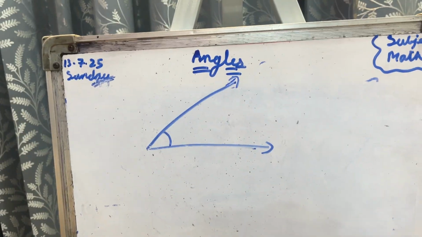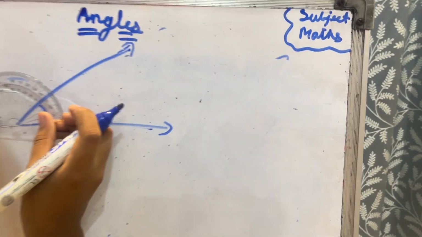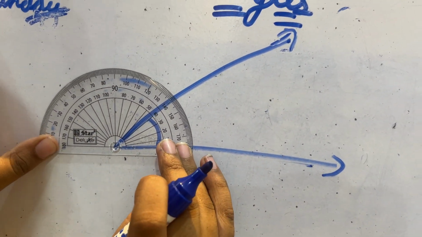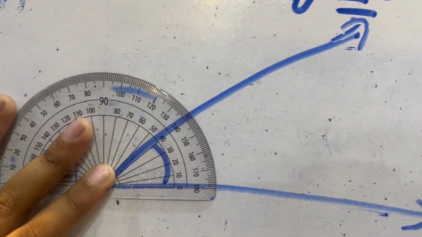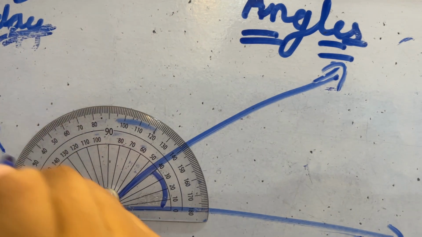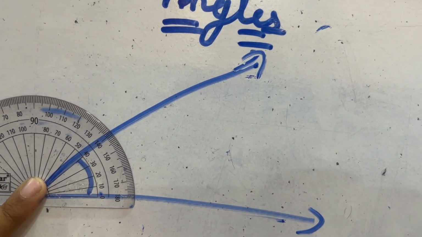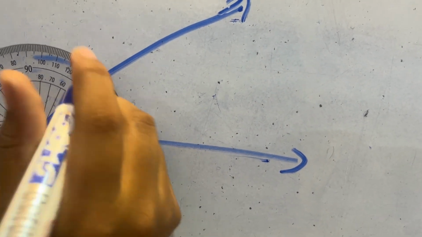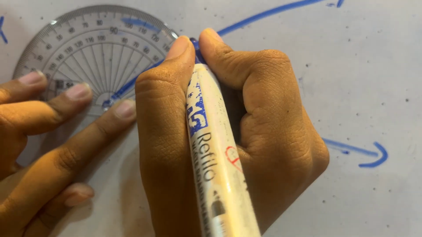So now I have drawn a main angle, any angle. Now I will tell you how to measure it. Put the protractor here. It should be exactly at 0 degree, but there is a problem too. Don't measure it from here. Measure it from here if the ray is going this side. If it's going this side, measure from here. See, now we will measure. So 0 to